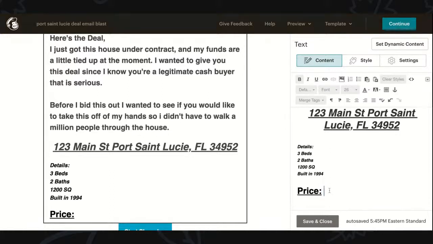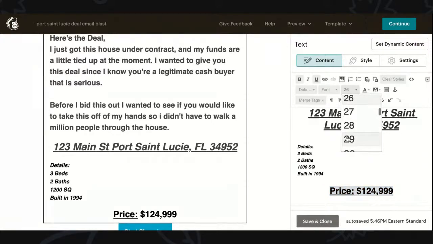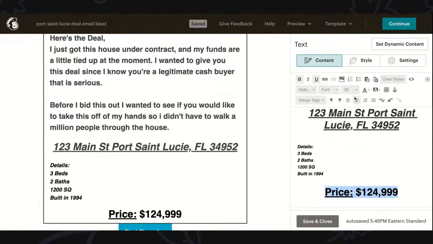Okay, cool. Say $124,999. I'm a big fan of doing that. If we're selling it for $125,000, just do $124,999. Just helps. It doesn't hurt doing that. A little crazy, but then what we're going to do is just center that one right here. Then let's increase that one a little. Font size. Maybe bring that to 30, just so they know what the price is for them.